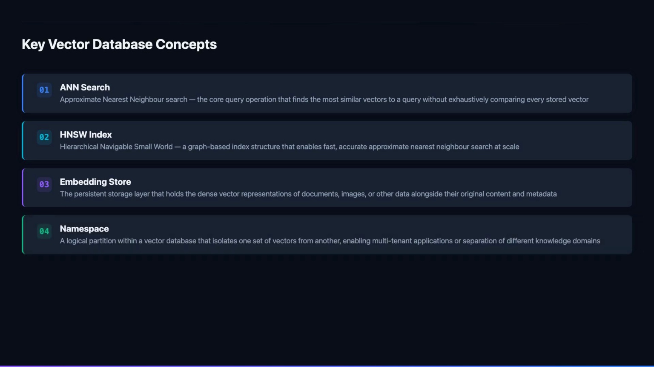Namespaces are a practical organizational feature that most enterprise vector databases provide. Within a single vector database instance, namespaces create isolated partitions that keep different sets of vectors separate. This is essential for multi-tenant applications where each customer's data must not bleed into other customers' search results, and for